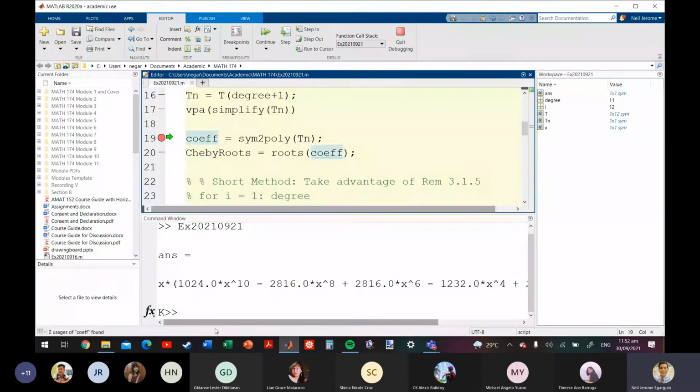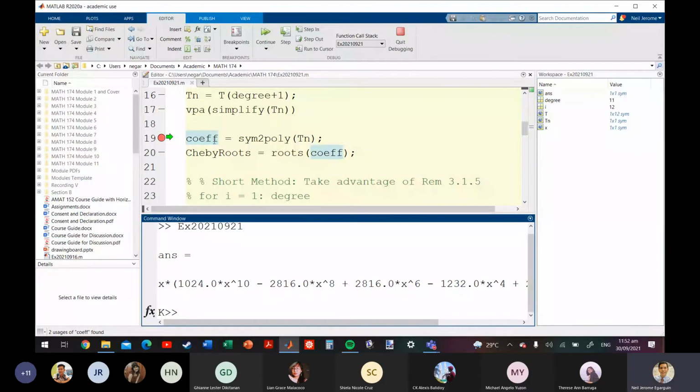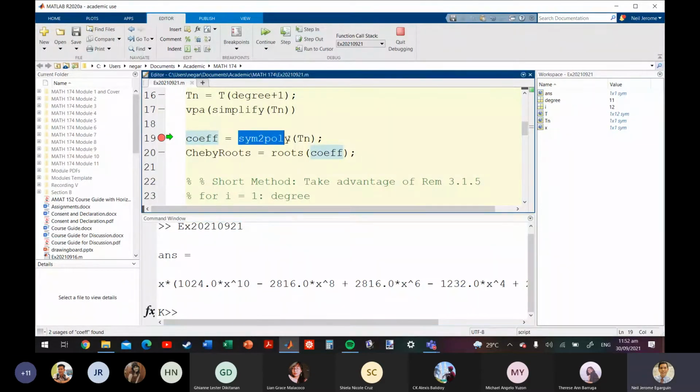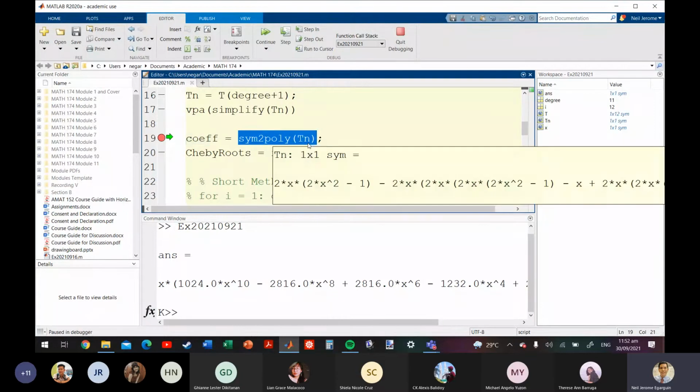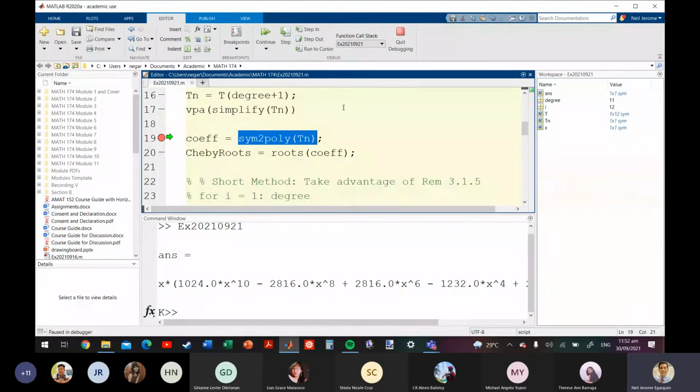I-harvest niya lang yung coefficients ni Tn. So if I continue here, okay. So na-compute niya na yung coef. Pag nag-hover kayo dito sa variable, tas may laman na siya, i-display ni Matlab yung values niya.